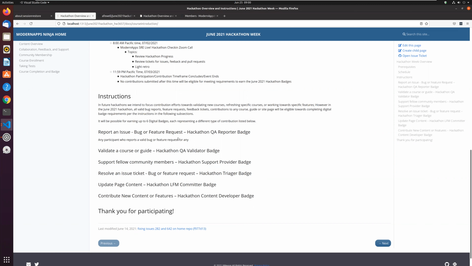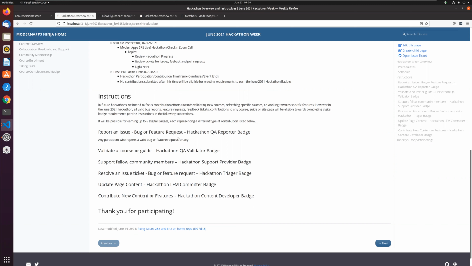And same thing if you supported somebody, whether it was chiming in on an issue ticket and providing the information they needed to get through their problem, supporting them on a Slack channel or on the Teams message board, or maybe someone reaches out to you on a different medium and you're able to help find the answer to their question, provide a screenshot, right? And so on, resolve an issue ticket, provide the issue ticket link.